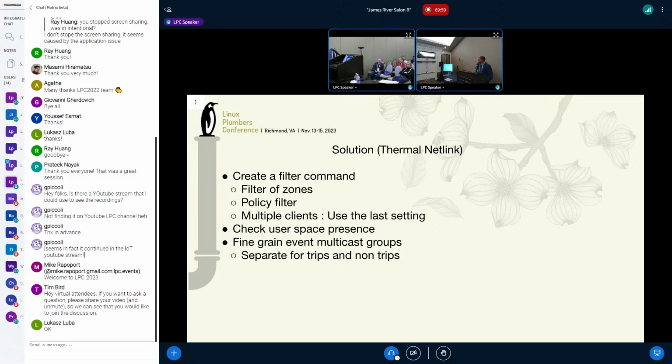So for thermal network, I suggest that we have commands, right? You should also have a filter of zones command. It should not just send every zone. By default, because of backward compatibility, you can send everything out, but if someone says block these zones, then that's fine. Also policies: currently the policies filter is important because if you configure the fair share, you also get one more event for the cooling device. Whenever the cooling device changes, the state also changes. So you get flip up, flip down, CDEV update: three events per change.